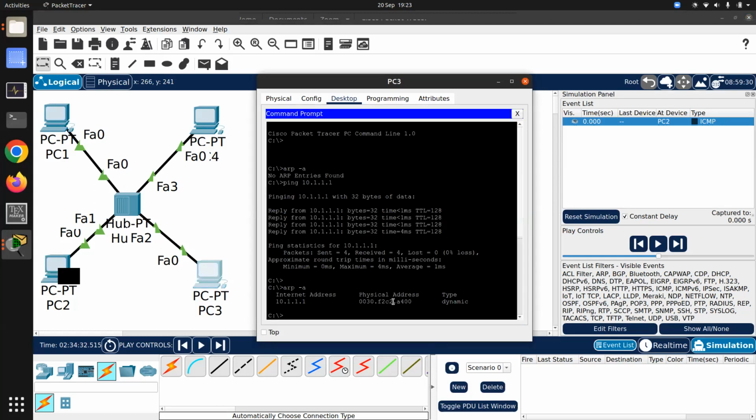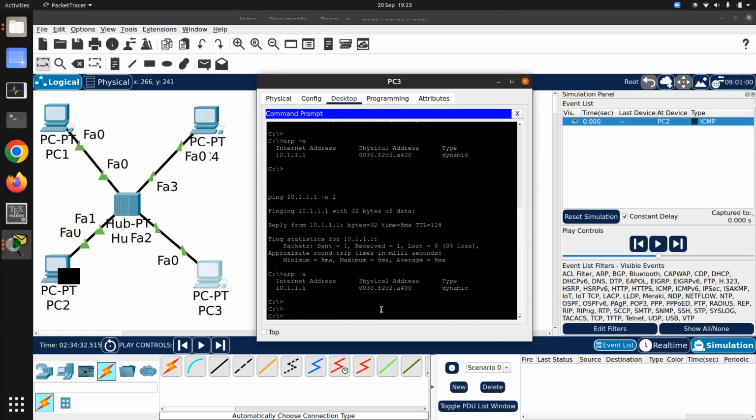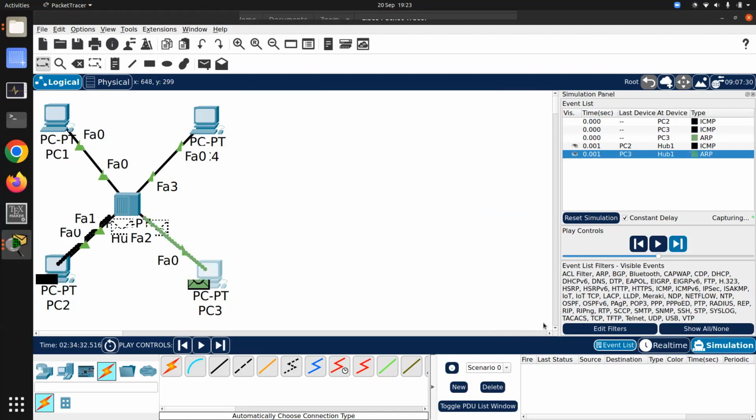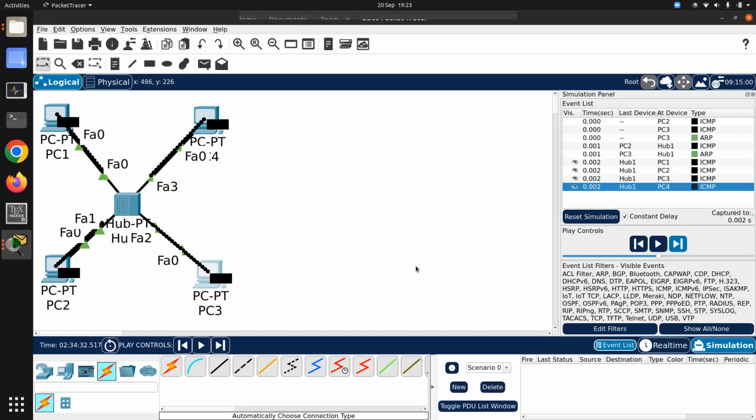Let's say PC3 command prompt. We'll do ping 10.1.1.4. Now let's see what happens. Collision. When both these PCs are trying to send data at the same time in a hub, there will be a collision. And this collision will be detected by everybody. So in classic Ethernet and the hub, which is the same thing,